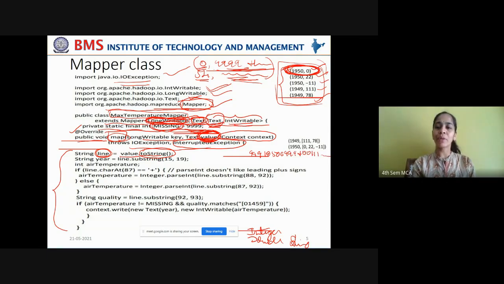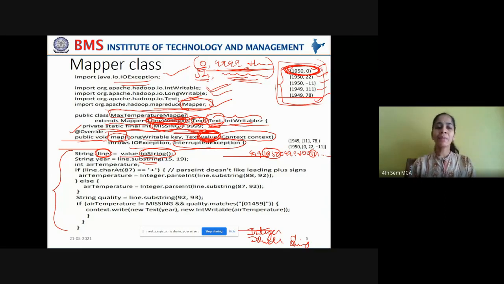This is how your record appears, right? The year appears at index number 3, and the temperature appears at approximately index number 10. So you want only those substrings from the main string. For that, you have to use the substring method.